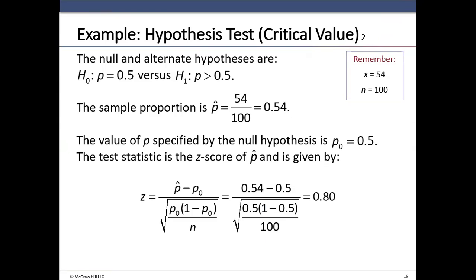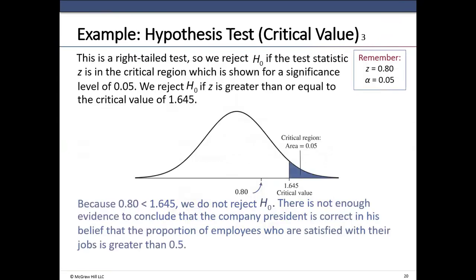Test statistic Z is 0.8. That means the value of 0.54 is located 0.8 standard deviation above the hypothesized value, which is 0.5. P-value is 0.2118, greater than alpha equal to 0.05. Therefore, decision: do not reject H0. Conclusion: at alpha equal to 0.05, there is not enough evidence to support the alternate that P is greater than